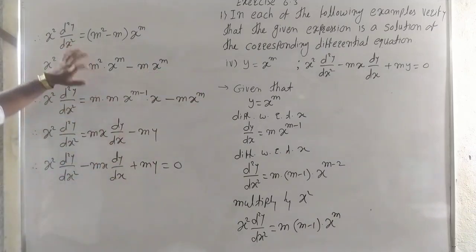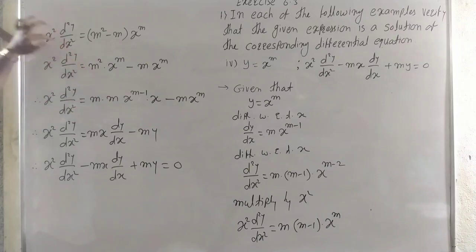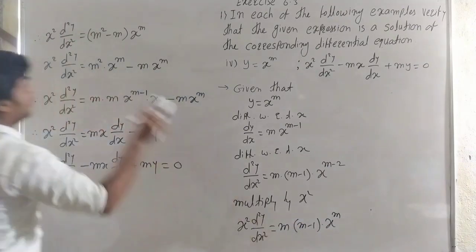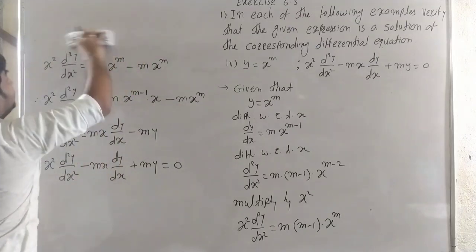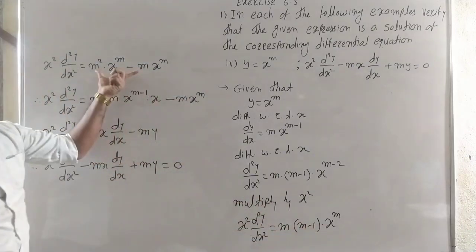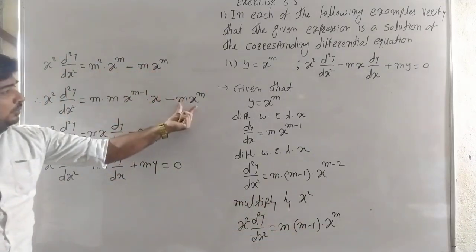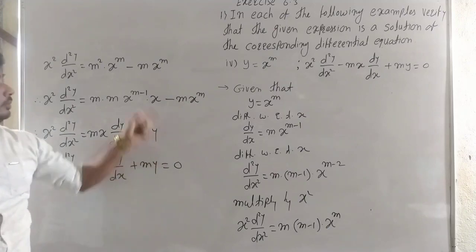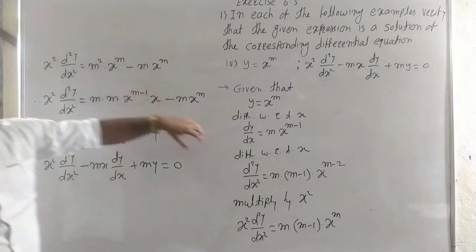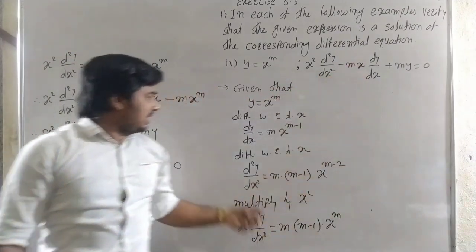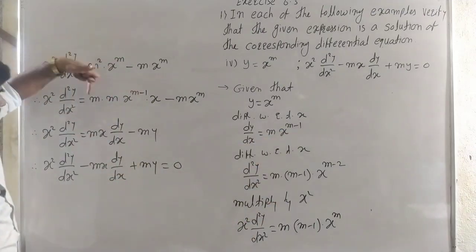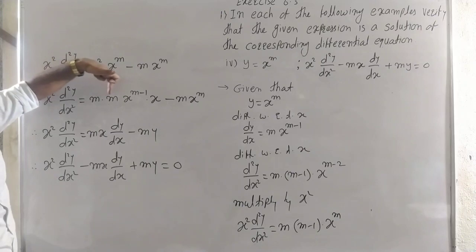Here, this adjustment, see carefully, this step is not necessary to write. We multiply directly m into x to the power m. Here one step we will remove this. Now take the multiplication of this, we get this. Then m into x to the power m, into x to the power m, it is m into y. And here m square x to the power m, but here we want mx dy by dx, and dy by dx is m into x to the power m minus 1. M is already here, so we can write m into m.